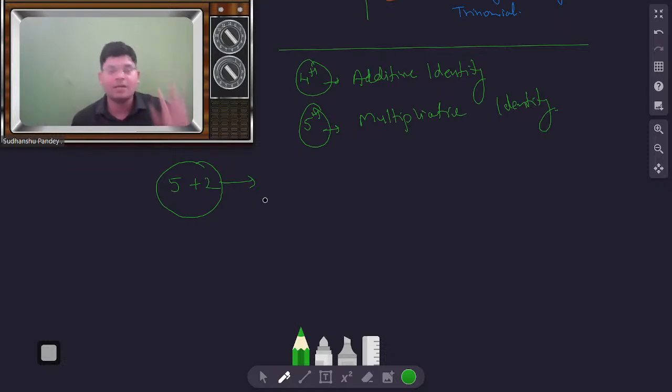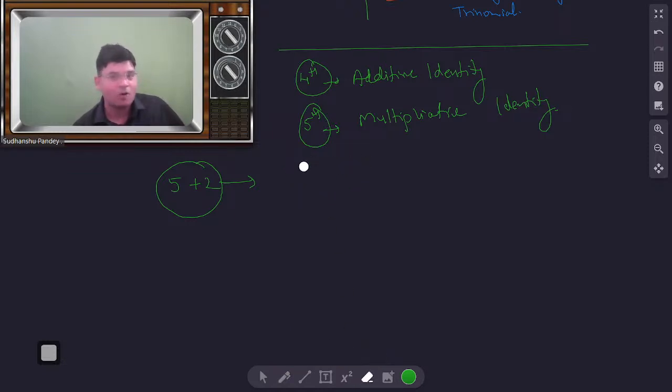Can I tell, sir? Yeah, tell me, Vihan. The sum of 5 and 2 is 7. No. If I am writing 5 plus 2 is equal to 7, then you can say the sum of 5 plus 2 is 7. But here I am not doing anything, rather just writing 5 plus 2. That means you can write 2 is added to